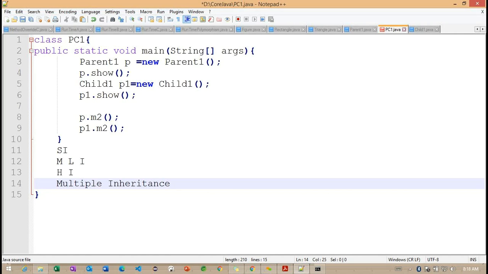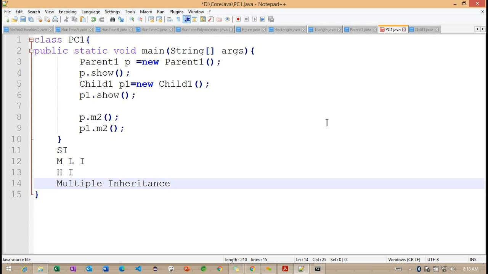How exactly is this particular multiple inheritance going to work here? In multiple inheritance here, one subclass can have more than one superclass here, and we are trying to inherit all the features into the subclass.